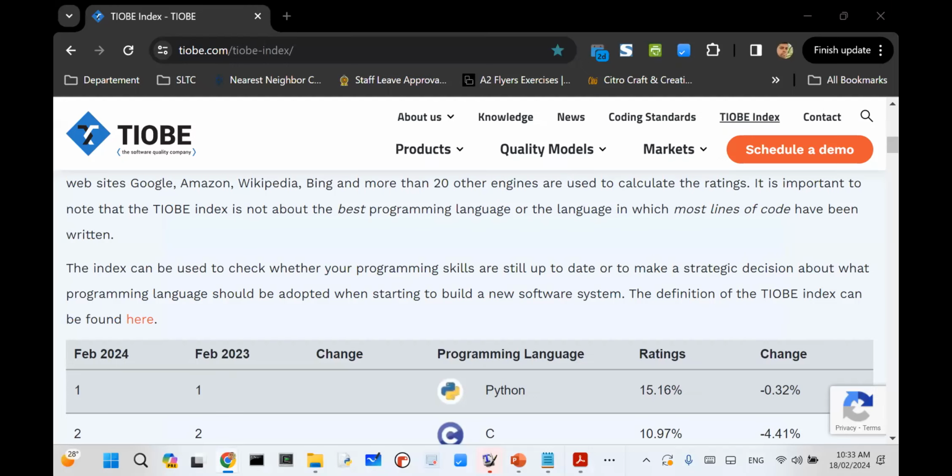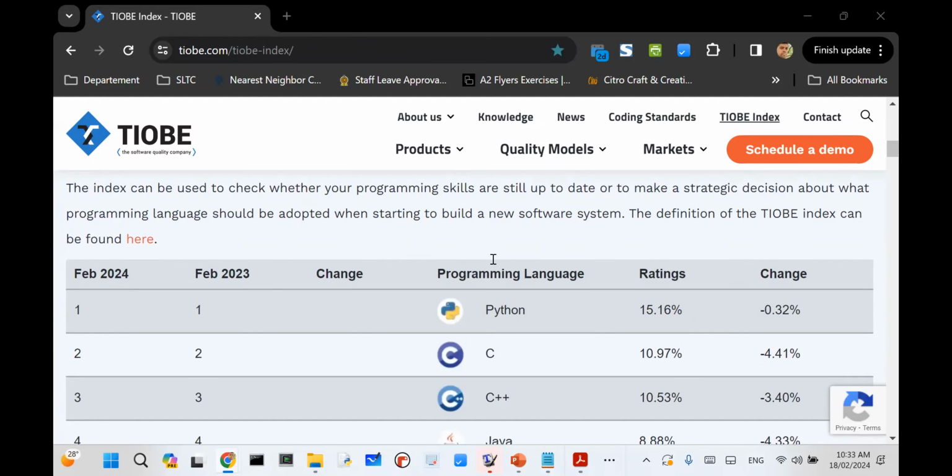There are slight changes over the years, but I can quickly show you one of the current rankings, just to prove my point. You can see Python has been on top for some time now. This is TIOBE, a software quality company, which ranks the programming languages.